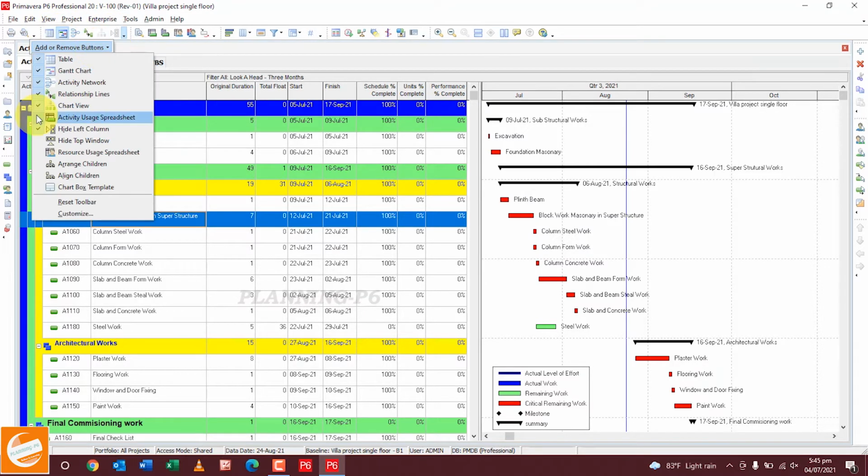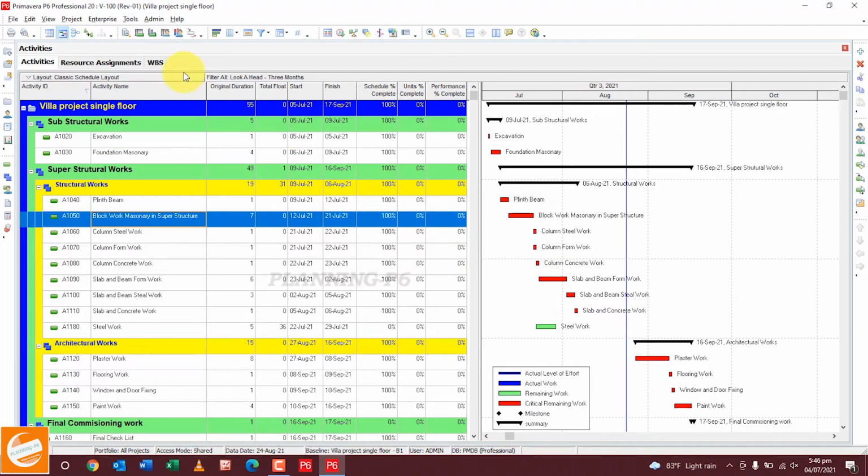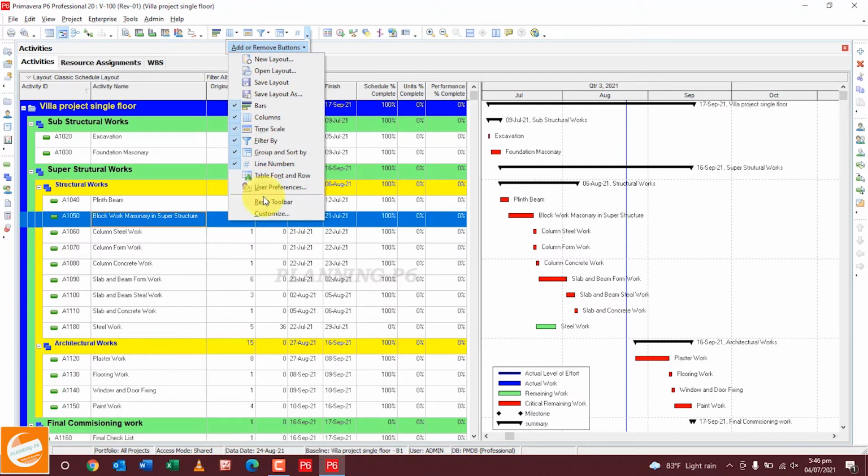The second one you can add by checking the icon. When you add, with a similar method you can hide from here. If you don't want any single thing, you can uncheck it from here and it will be hidden. If you want to reset as per the standard or default, you just reset the toolbar. Also for this one, you can add these in your top toolbar, these options from user preferences, table row and font setting, line numbers.